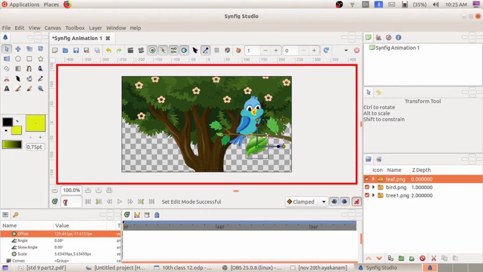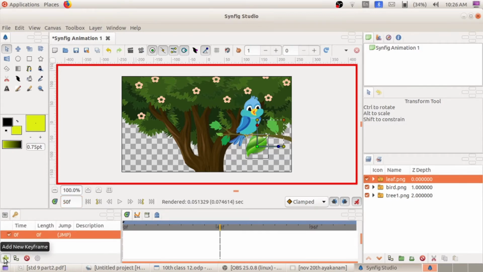After that enter the current time. I am going to enter 3 times. First of all I am going to enter the time 50 frame. Press enter key. Then in the parameters panel add a new keyframe. Click on this plus button to add a new keyframe, so that here you can see our first frame got added.